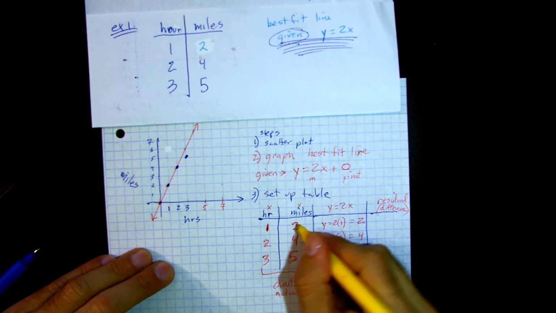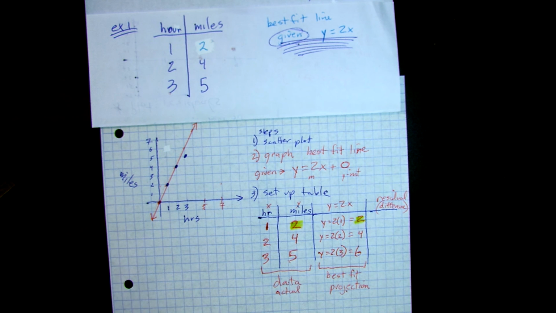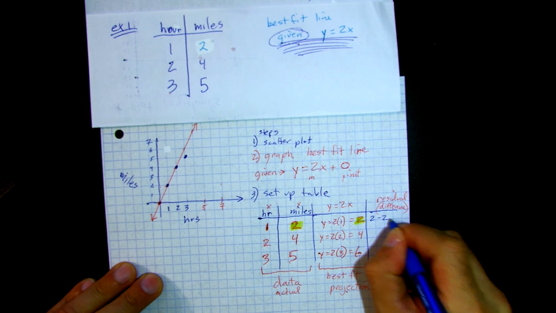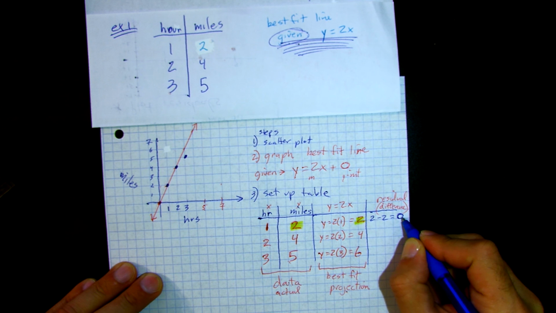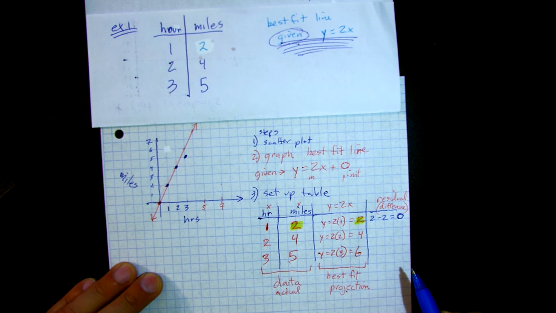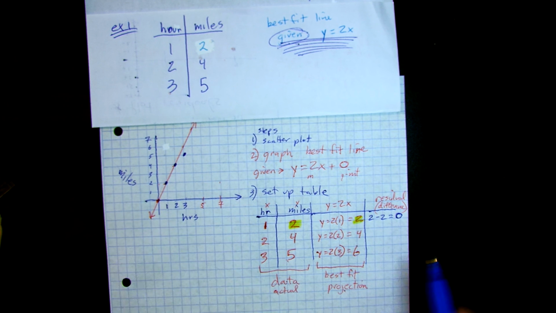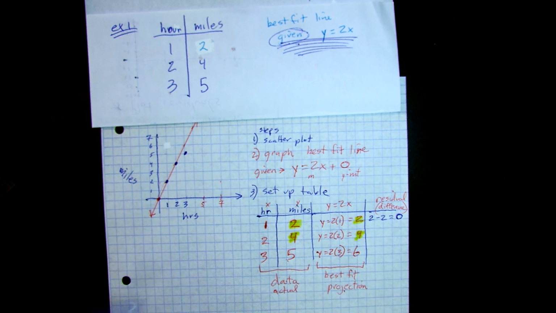We're just going to do this. We're going to see, okay, well, that's how far I went. That's how far I was supposed to have gone. And watch what I'm going to do. 2 minus 2 equals 0. 0 was the residual. I was off by 0 as far as what I actually did and what the best fit said I was going to do. We keep going through that. 4 minus 4,